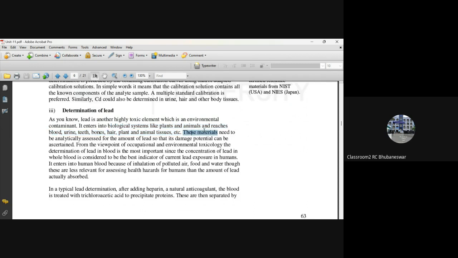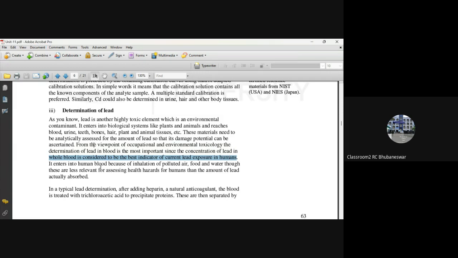These materials need to be analytically assessed for the amount of lead so that its damage potential can be ascertained. It needs to be studied very well, this lead and cadmium, from the viewpoint of occupational and environmental toxicology. The determination of lead in blood is the most important since the concentration of lead in whole blood is considered to be the best indicator of the current lead exposure in humans